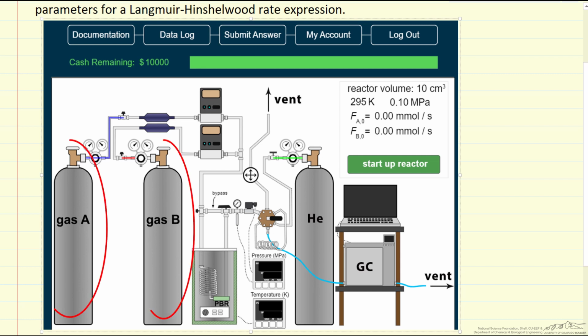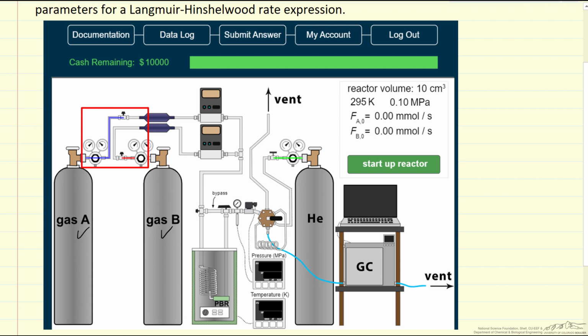It shows two feed gases, and the valves are closed here, so you can see a blue and a red section. That represents the gas, because this is before the reactor system is started up, at which time these valves are open and the gas flows through mass flow controllers, then flows through a packed bed reactor, and then goes through a sampling valve, such that when this valve is switched, this volume is injected into a GC,